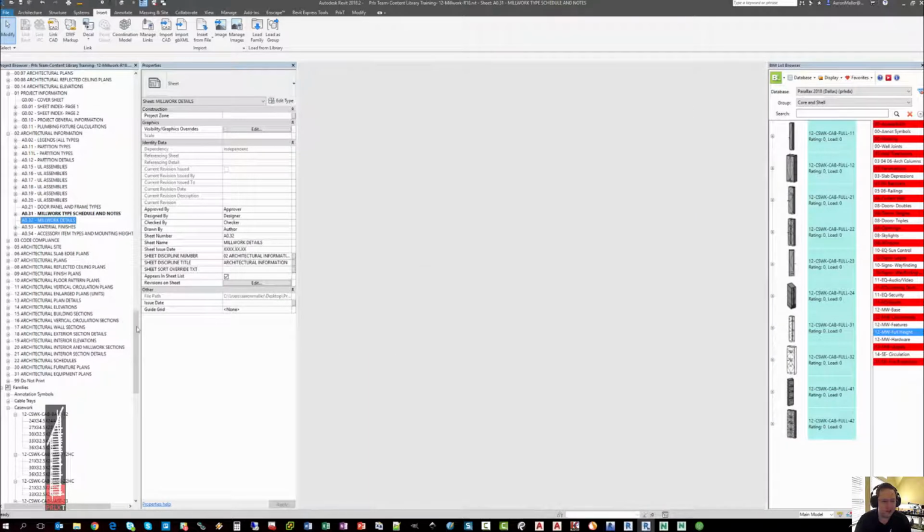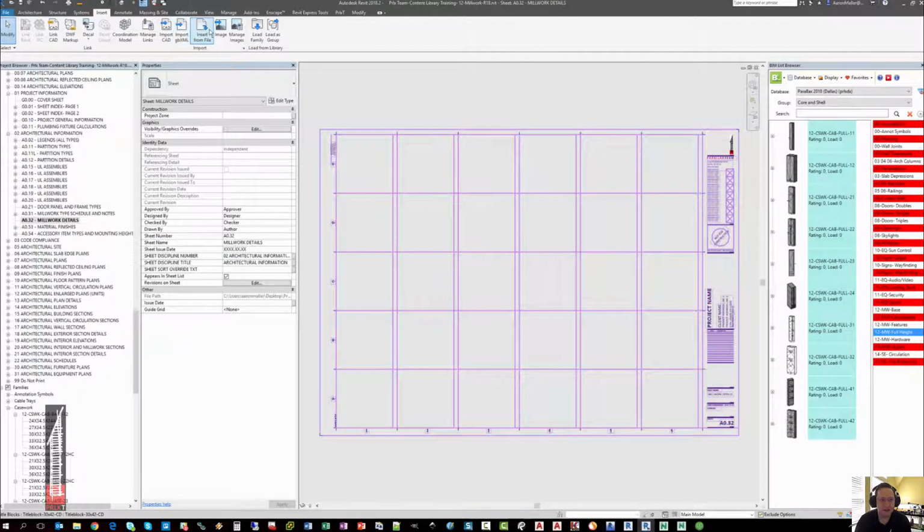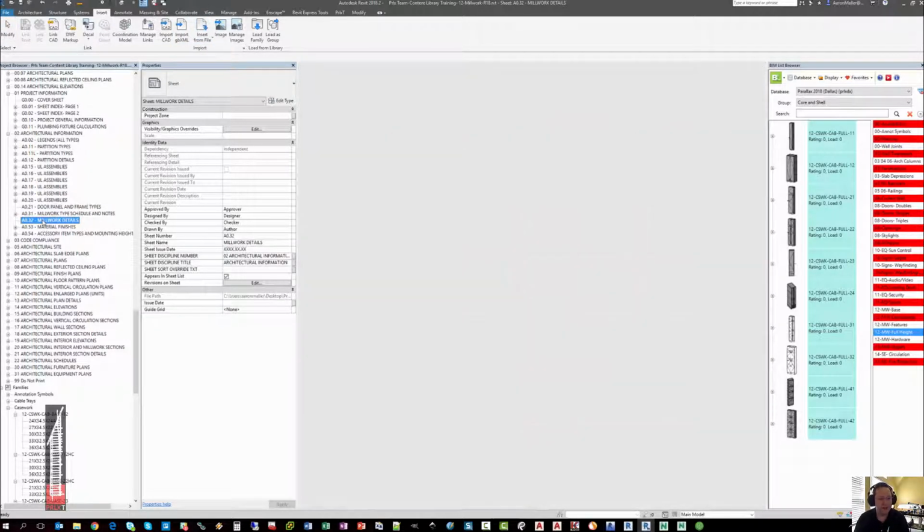If you've brought in individual details, you now then simply need to place them on a sheet. However, if you've brought in the entire sheet,